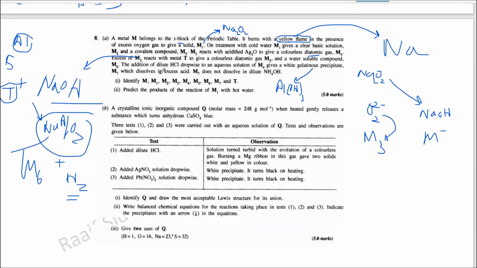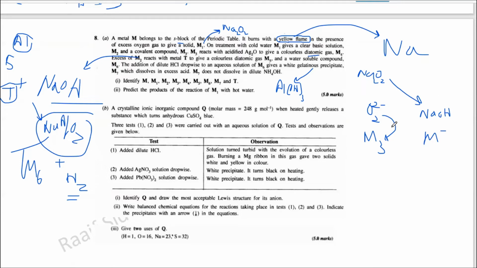Identify M1, M2, M3, M4, M5, M6, M7, and T. So the first point was easy because you know it should be sodium. And when it reacts with oxygen, you should be familiar, Na2O2 is formed. And the next point is on treatment with water, this Na2O2 will react with water to form sodium hydroxide, and